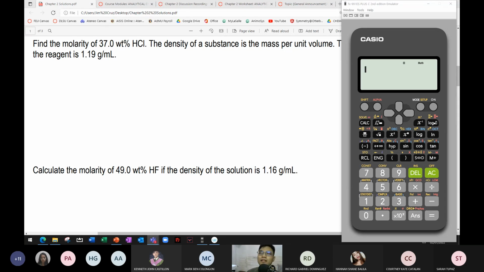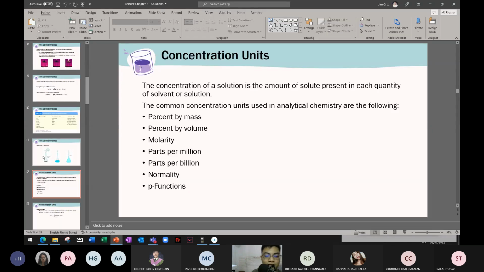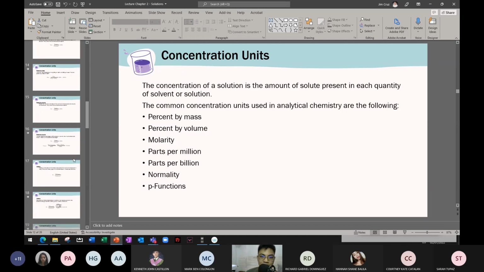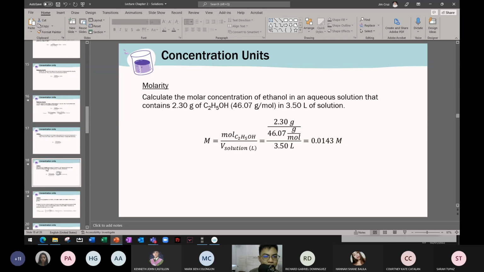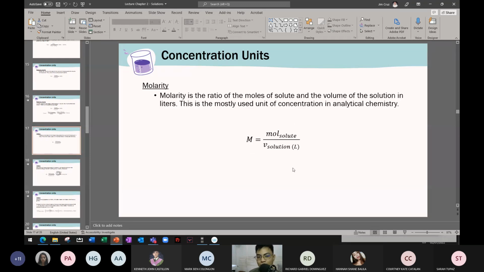Okay? So we defined last time that molarity is the ratio of the amount of solute, specifically in moles, that is, the moles of solute divided by the volume of the solution in liters. That is the definition, and that is the equation. How do we obtain the mole again? In obtaining the mole of the substance, you divide the mass by its molar mass. So this can be expanded further